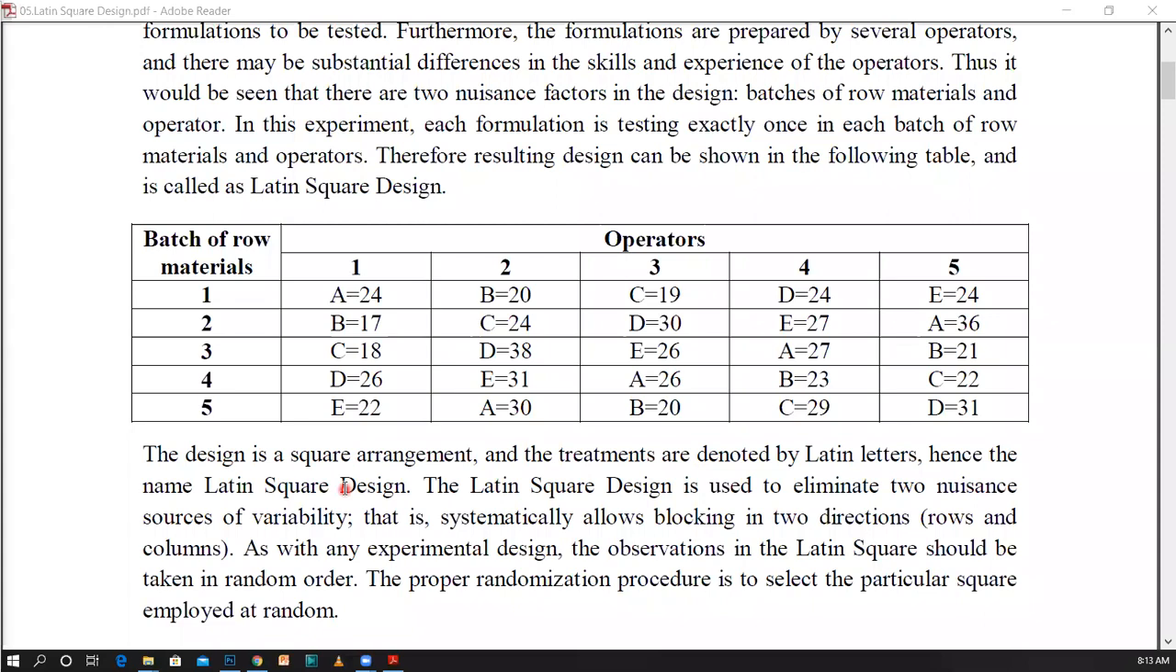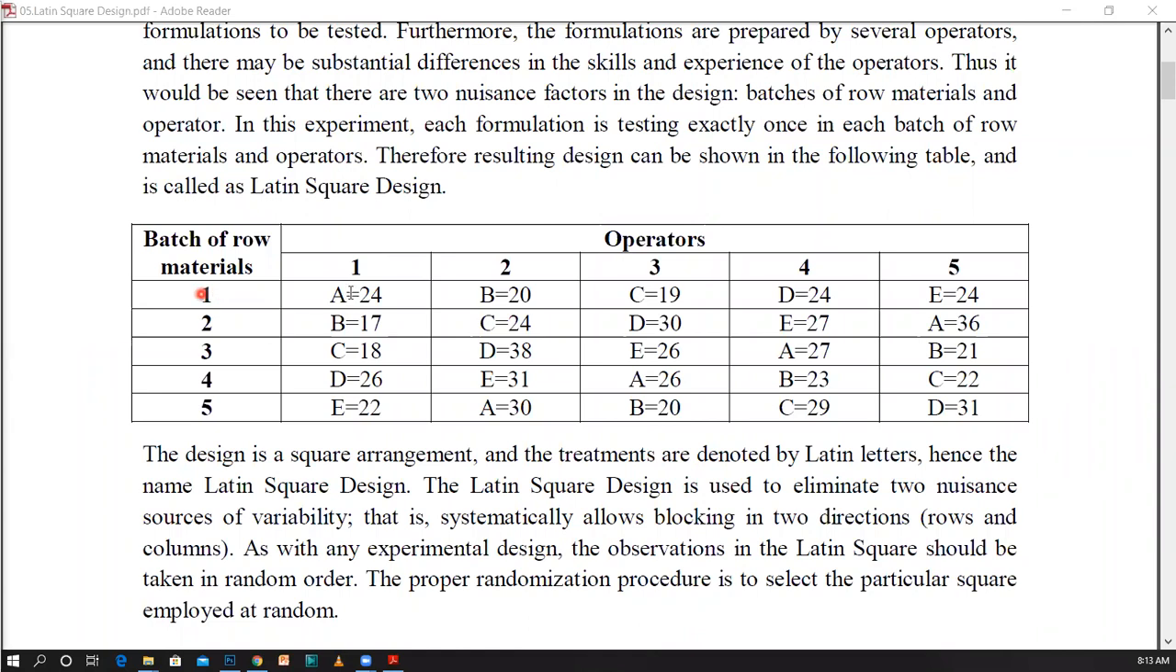And we can say that this Latin square design is used to eliminate two nuisance sources of variability. In the previous situation, we just had one block only. But here you can see that there are two blocks. Using two blocks means we are using two nuisance factors. Now, if you consider the first block in the row-wise,